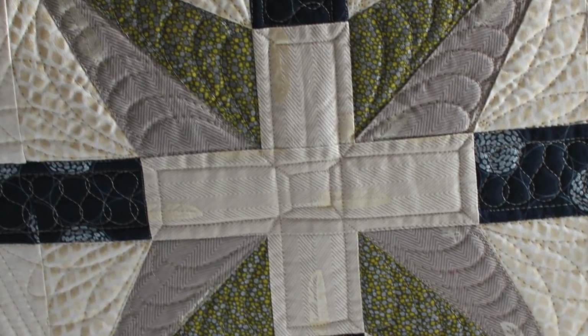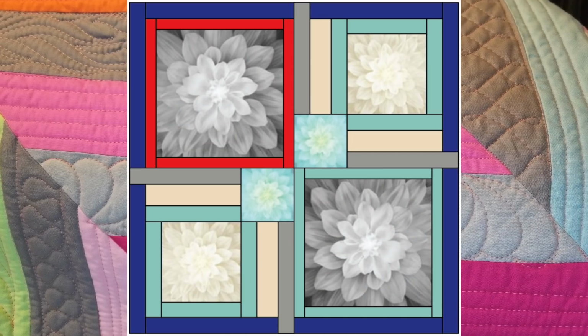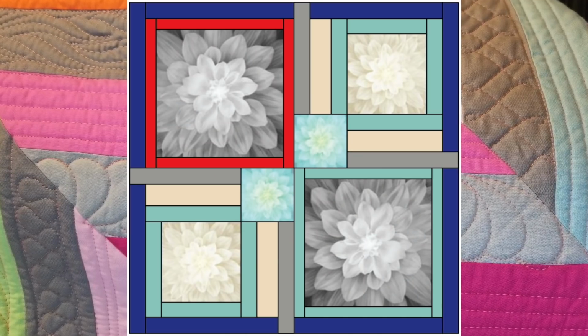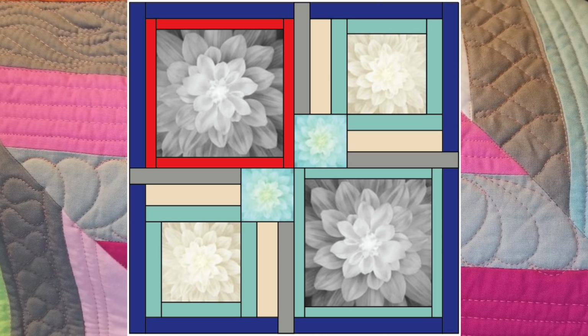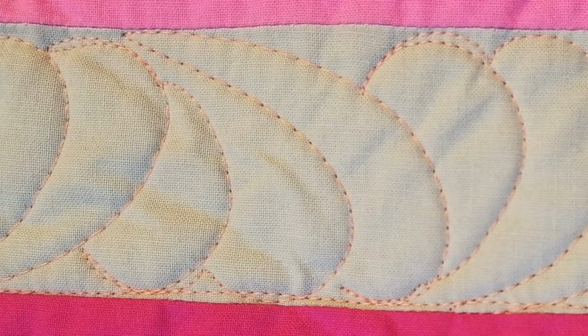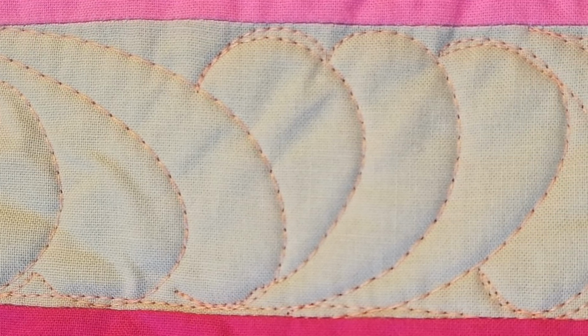Go ahead and quilt that feather design in the border highlighted in red on your quilt. You should still have a couple border sections unquilted on your challenge quilt. Those are highlighted in blue. In those areas, you can quilt the feather variation that we just learned, or you can try a favorite border